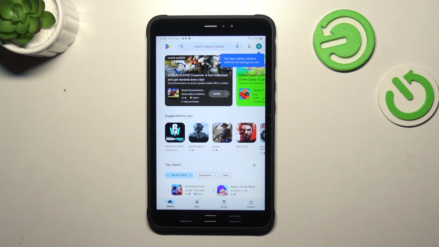If not, you really have to do it right now, so either sign in or log in, because without it you will not be able to use any stuff from the Google Play Store. If you want to check how to add the Google account to the device, I highly recommend to check our